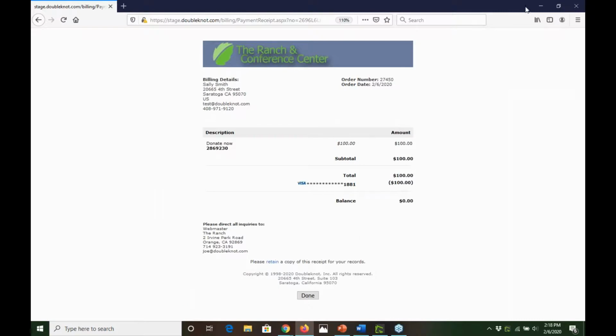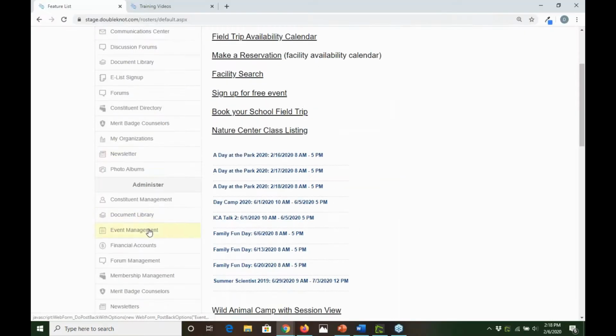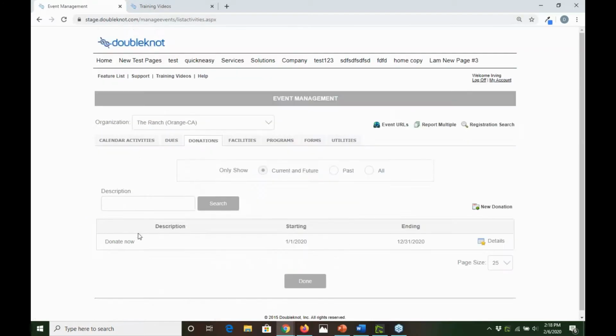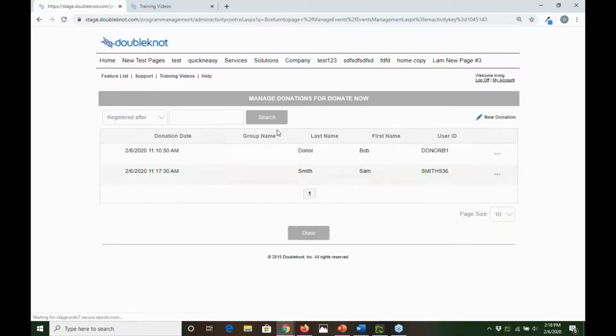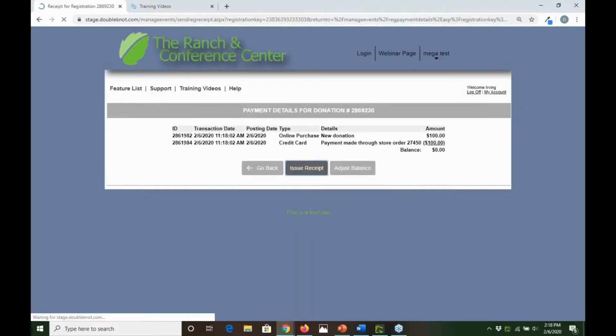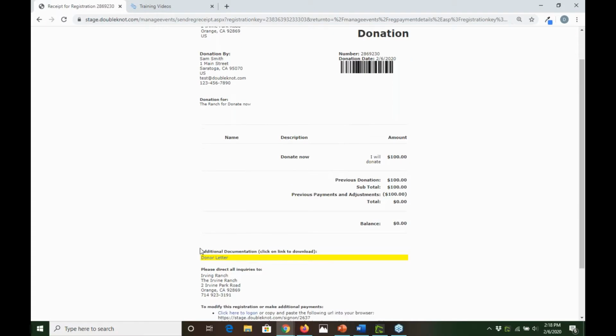Okay, so now for the receipt that they actually received, if we come in here under event management and I go look at donate now, the receipt that they received in their email, let's take a look. We'll issue a new one. So here under additional documentation, we have this spot for our donor letter. If I click this, it's going to download as a PDF. And when I open that,